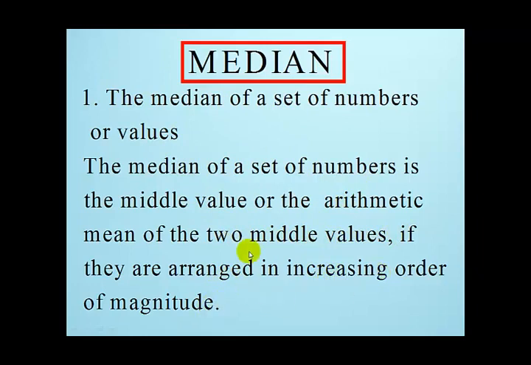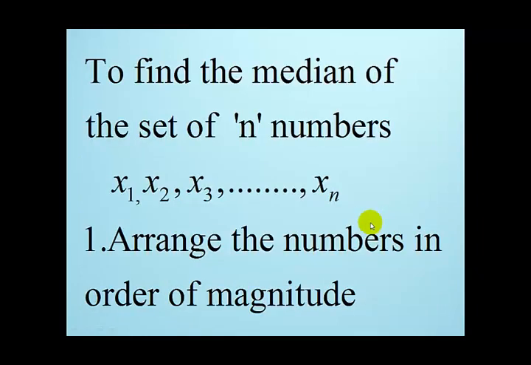That means that if you are finding the median of a set of numbers, you have to arrange them in increasing order of magnitude. So we say the median of a set of numbers is the middle value or the arithmetic mean of the 2 middle numbers. Now let's see how best we can find the median. Now to find the median of a set of numbers,